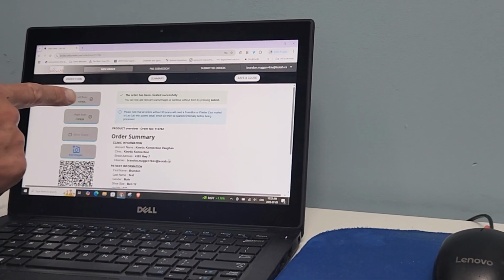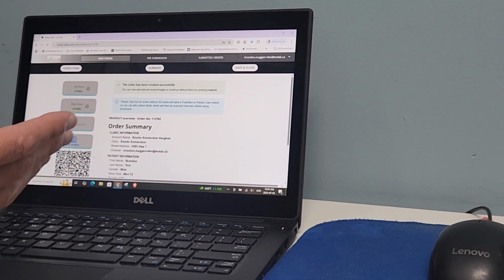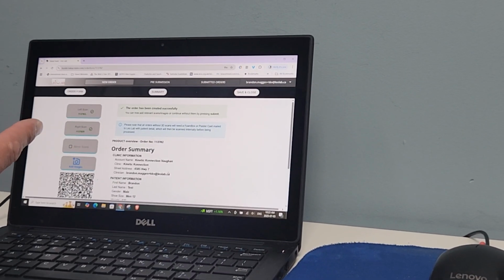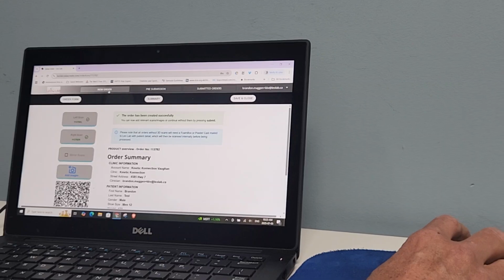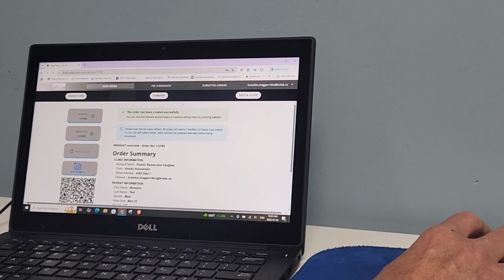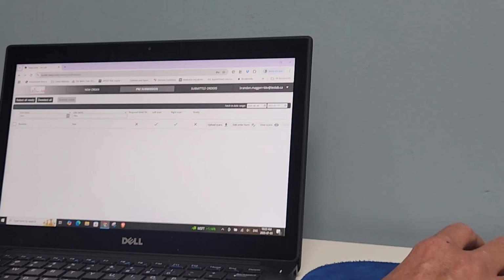Once you've uploaded scans and you see the two green ticks in the left and right scan in the same screen, we have a number of options. You can from here go to your next patient, and if you are going to do another patient, straight to new order for a new patient. Alternatively, you can come here to pre-submission straight away, and in pre-submission you'll see this patient that we've just created